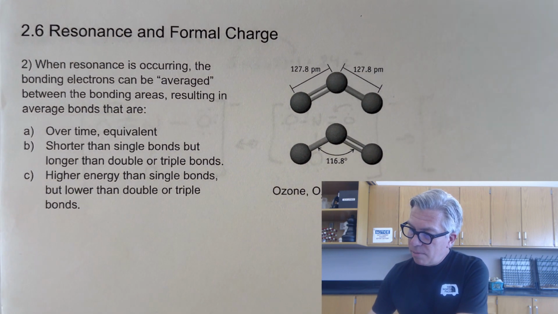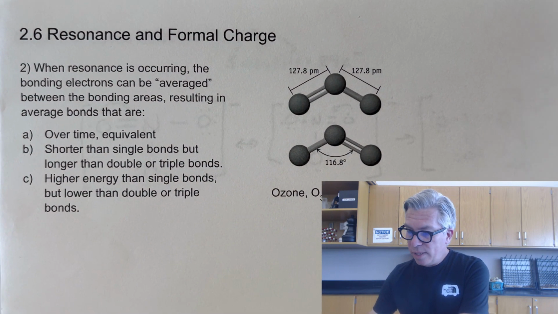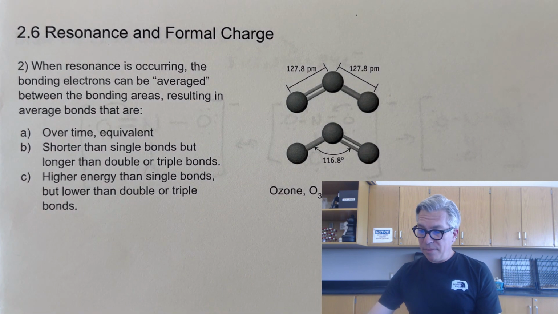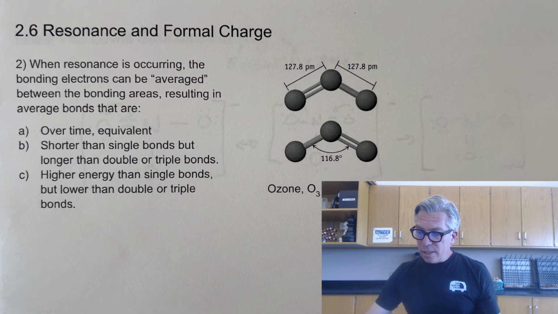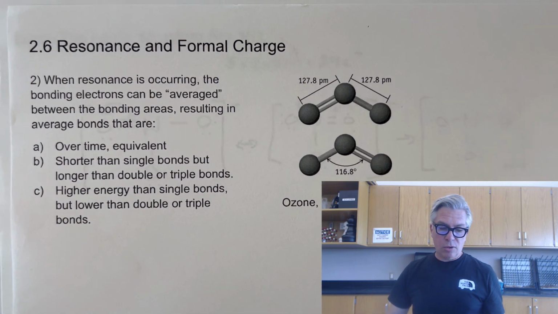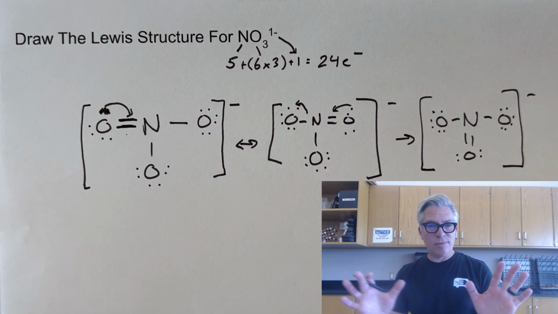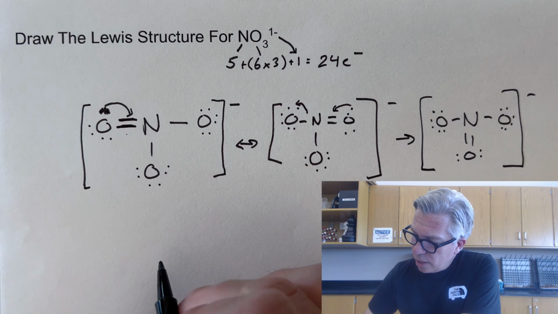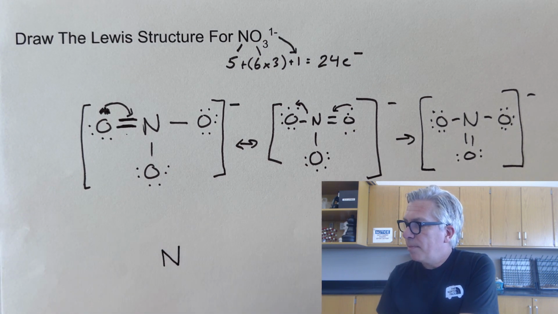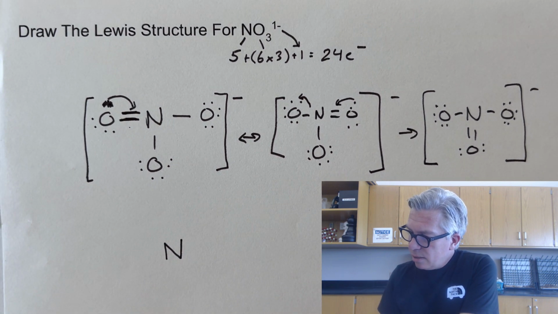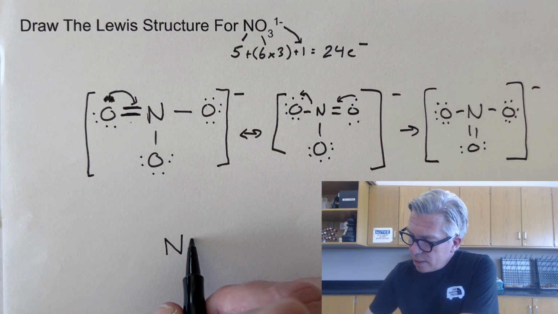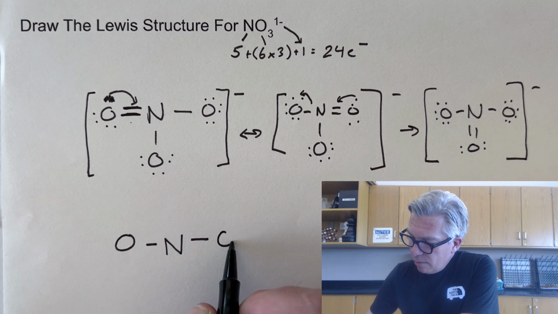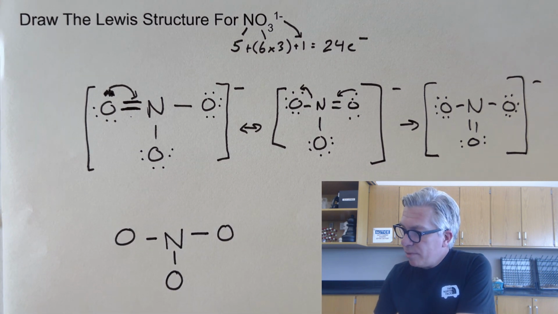When resonance is occurring, the bonding electrons can be averaged between the bonding areas, resulting in average bonds that are, over time, equivalent, shorter than single bonds but longer than double or triple, higher energy than single bonds but lower than double or triple. So let's think about this. It's going to get weird for a second. Let's imagine this nitrogen, okay? And it's got two single bonds and a double bond. Well, if we averaged it over time, what we would see is that